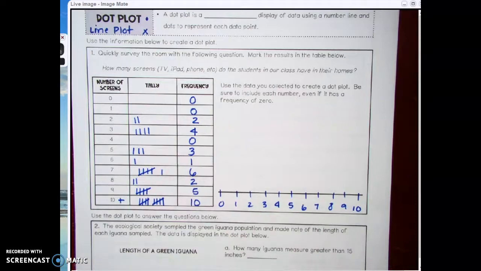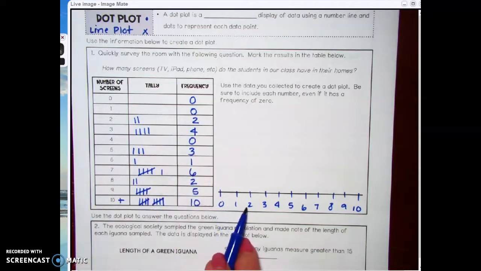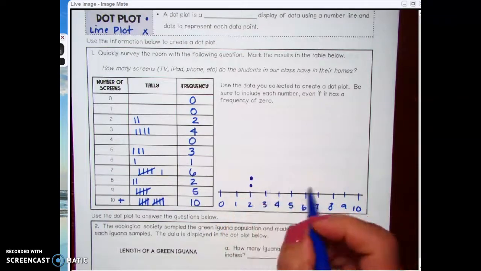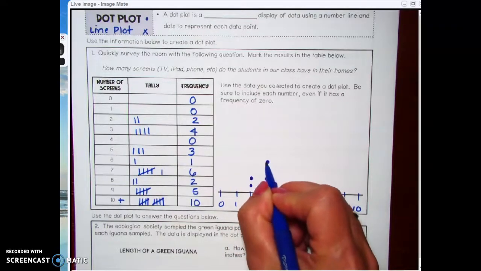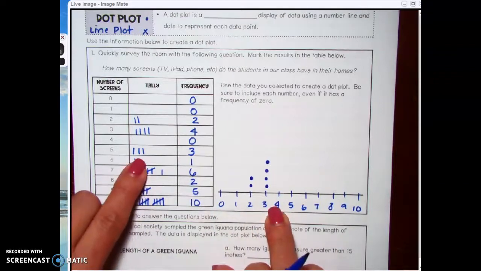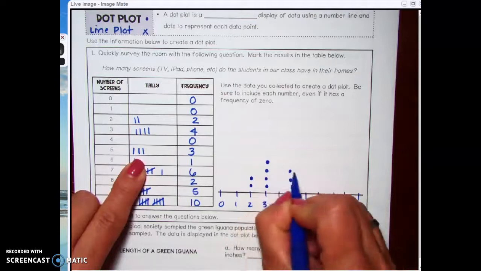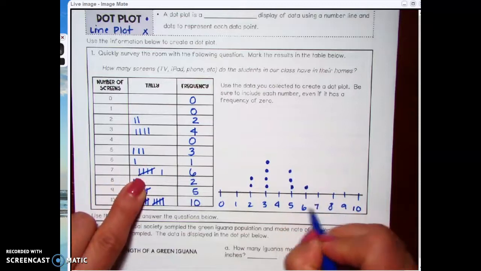Now I can start to plot my dots, basically. So there I put nothing at 1 nor 0, but at 2 I'm going to put 2 dots. And I just go straight up. At 3 it's 4, and I try to make them as evenly as possible because I don't want my dots to be all over the place. At 4 there was none. At 5 there's 3, and I'm going to try to keep them matching up as we go across. 6 is 1. 7 is